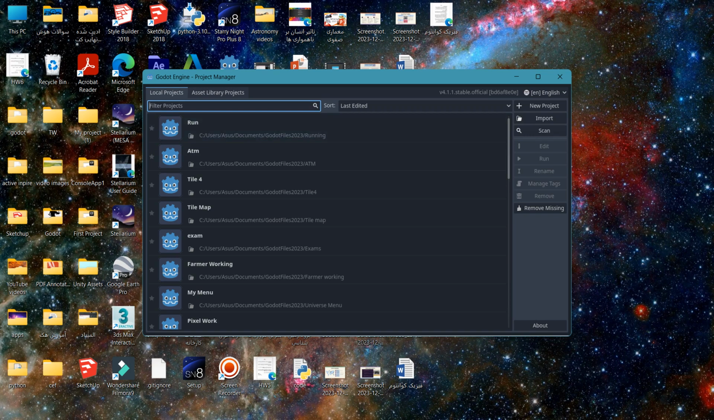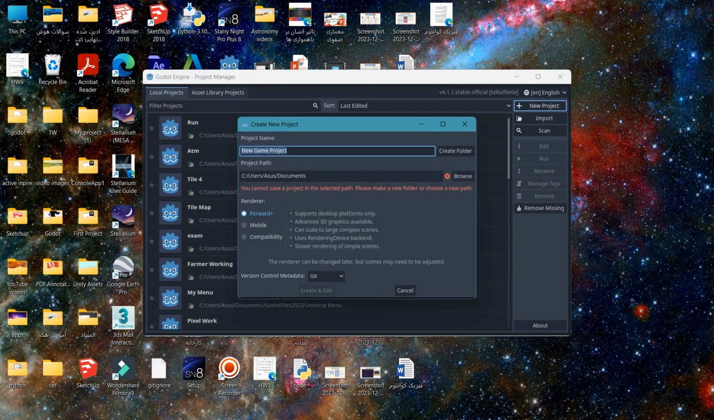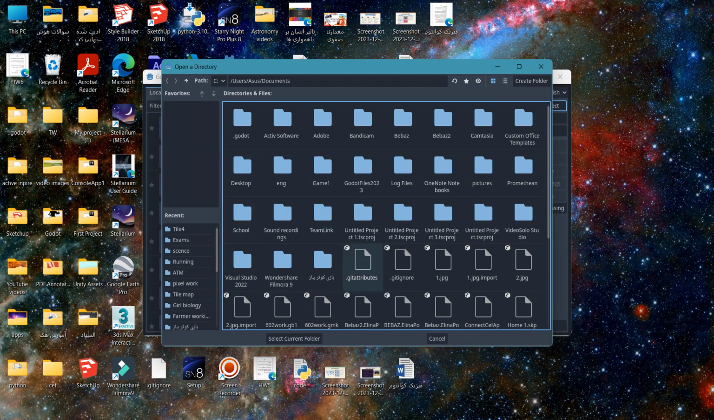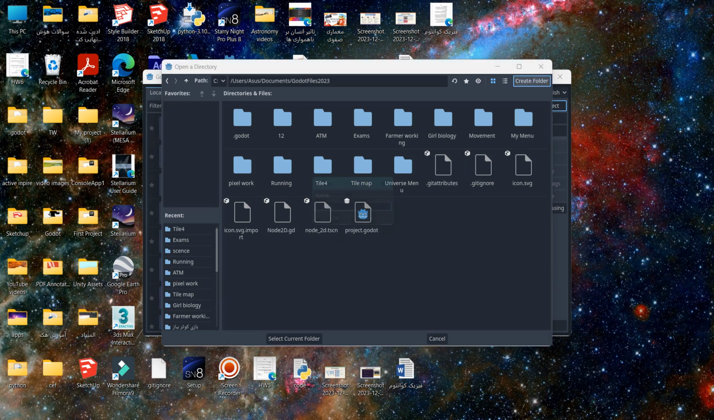And yes, here you should make a new project. The first one is the name of the project you want. For example, I will say 8-way movement. And here is the project path, the place you want your project. I'm gonna save it here, a new folder,